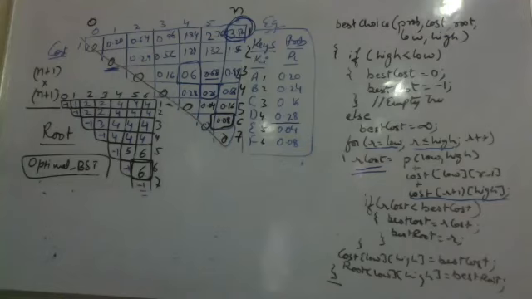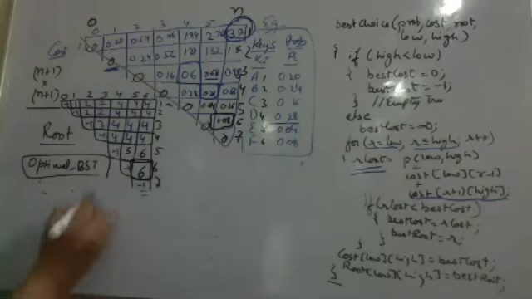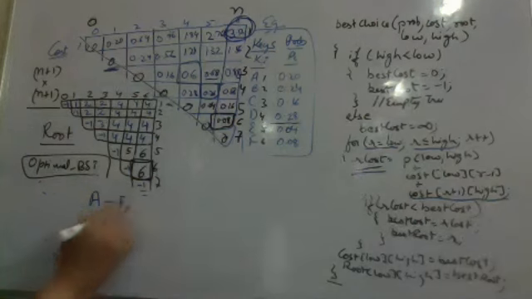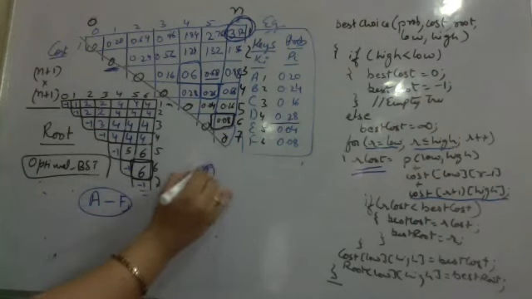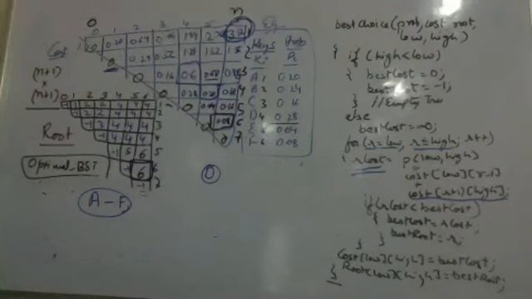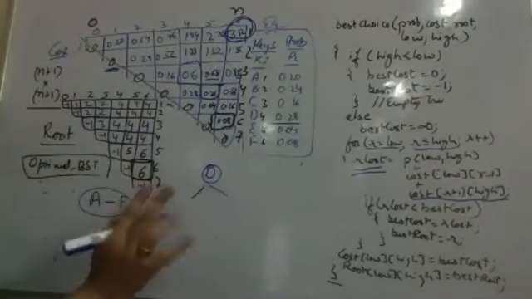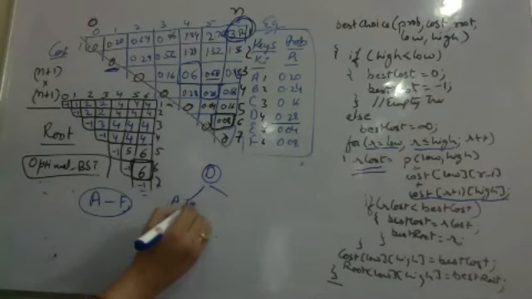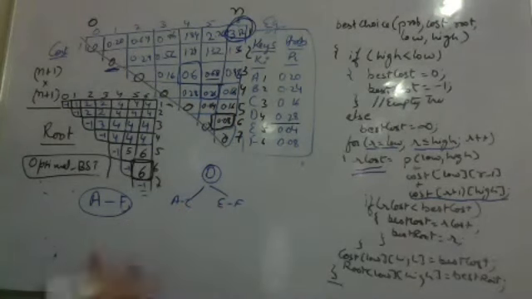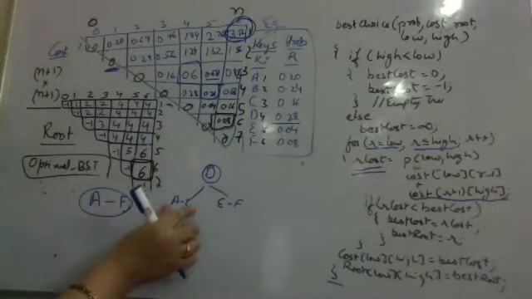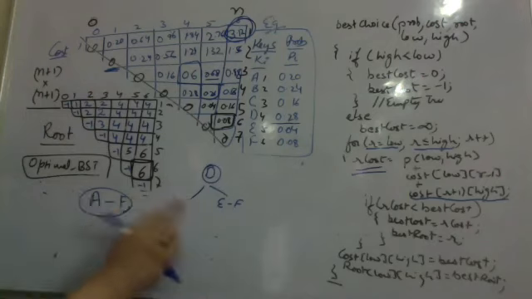So when we have got here, we know कि 1 से लेके 6 तक का we know that the root is D. When I am calculating from A to F, I know the root is 4, which is D. Correct? So this is broken down into two subparts. One part is A to C, another part is E to F. Now I have to check A to C में root कौन सा है. A to C means 1 से लेके 3. 1 to 3 में the root is B. When the root is B, I know A and C will be like this. It's a binary search tree.